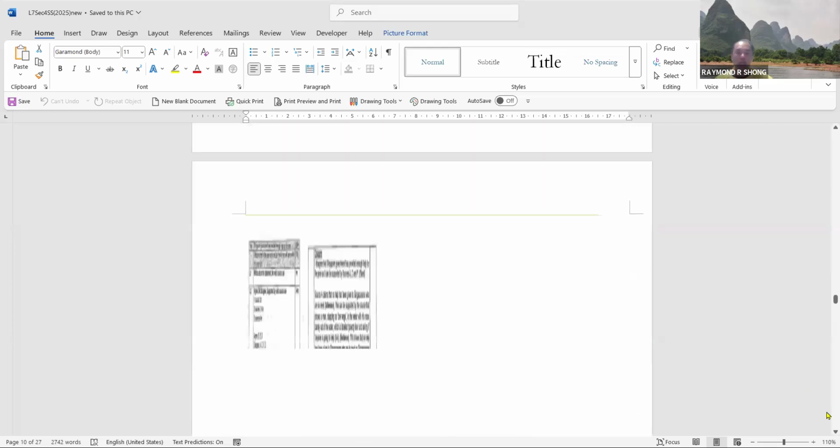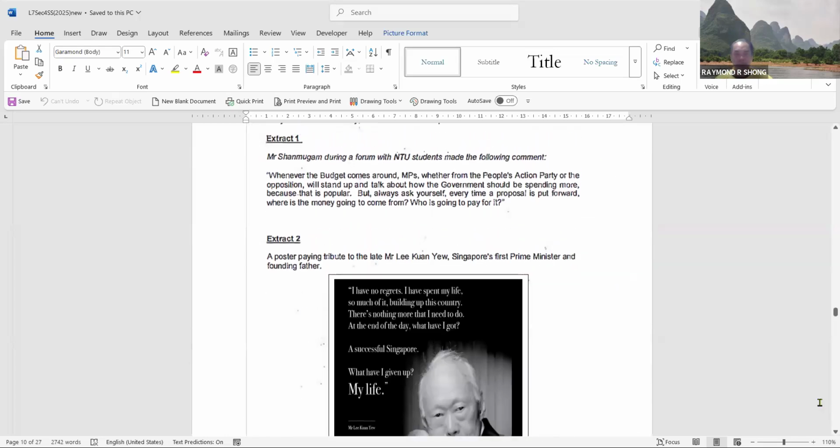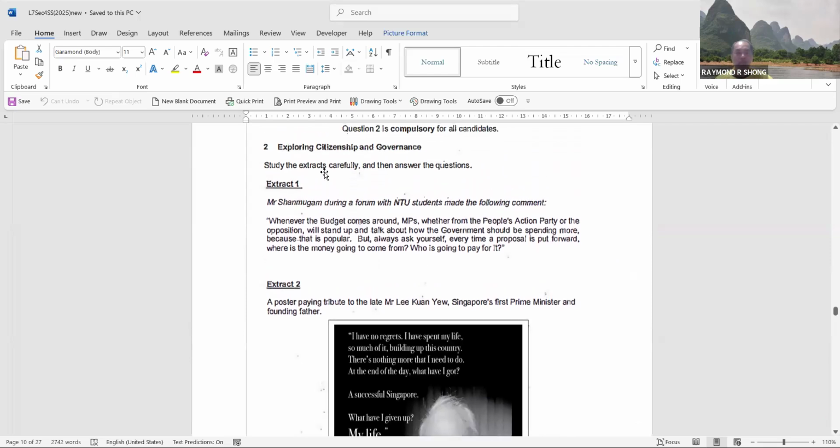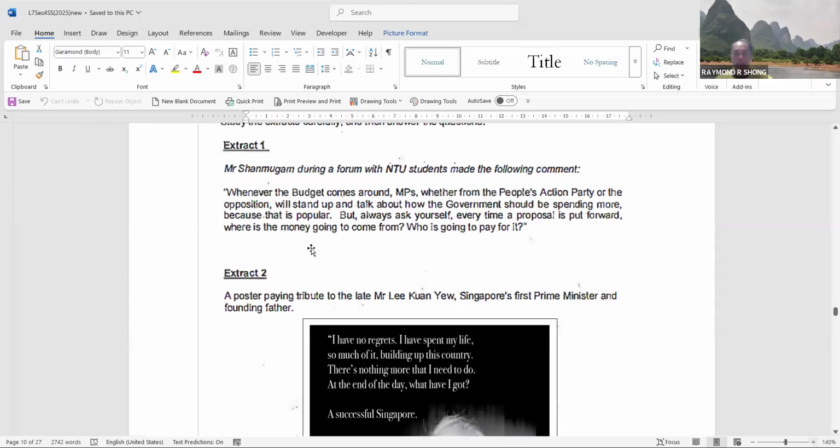Okay, so now we do the full paper, the full SS paper. Let's talk about extract one. They give me a break, okay. So we are talking about issue two. You know, this is issue one. Nicole, can you read extract one to the class, please? Nicole, are you ready to read the first paragraph? Extract one.